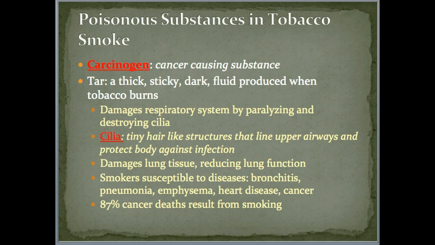Smoking can damage the respiratory system by paralyzing and destroying cilia. I'll show you a picture of that on the next slide. Cilia are tiny hair-like structures that line the upper airways and protect the body against infection. Imagine all your bronchial tubes and your trachea being lined with tiny microscopic hairs that catch the debris and dust